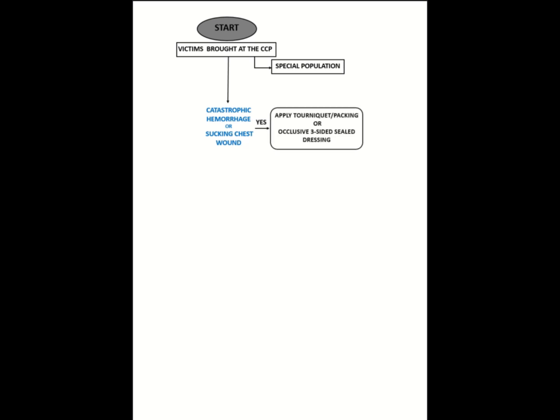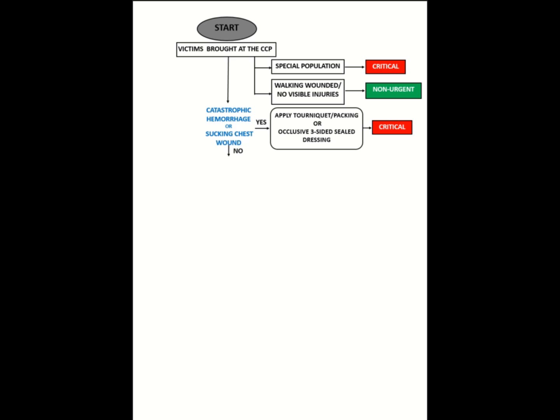If so, we intervene by applying a tourniquet to the catastrophic bleeding patient or an occlusive three-sided dressing for the patients with a sucking chest wound. Then we tag both patients under the special population and the patients with catastrophic bleeding as red or critical. Now, all the other patients who are walking and with minor injuries, we tag as green or